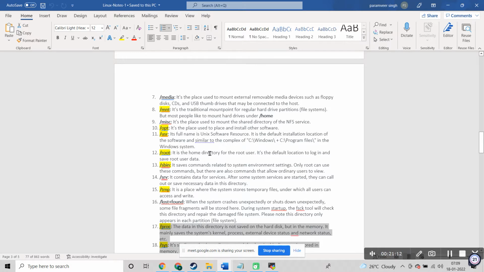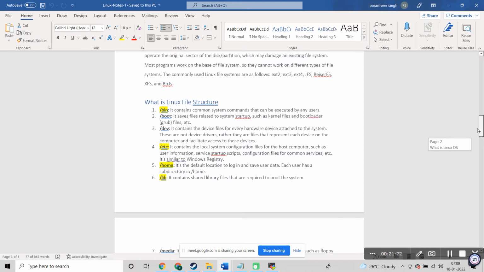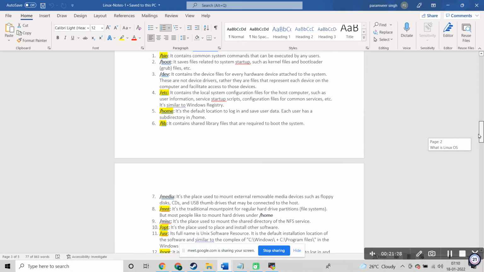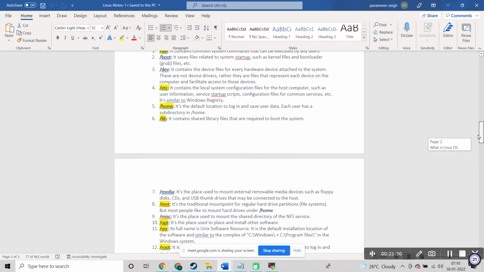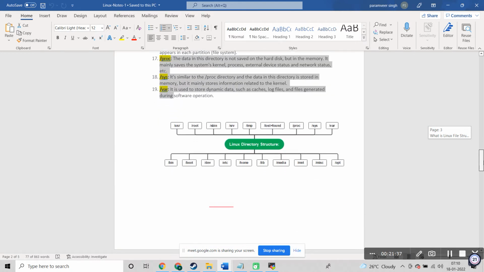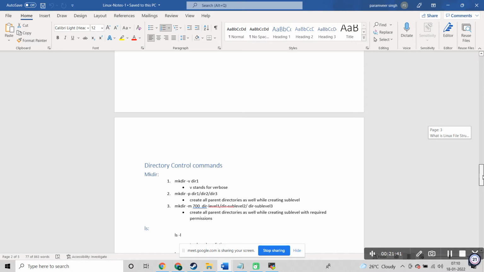The root directory will always be there once you create a VM, a virtual machine, at that point of time. So four or five directories you need to just remember. Mostly etc, OPT, MNT, home and root. These four are most important, because sometimes they test whether you actually remember everything or not.